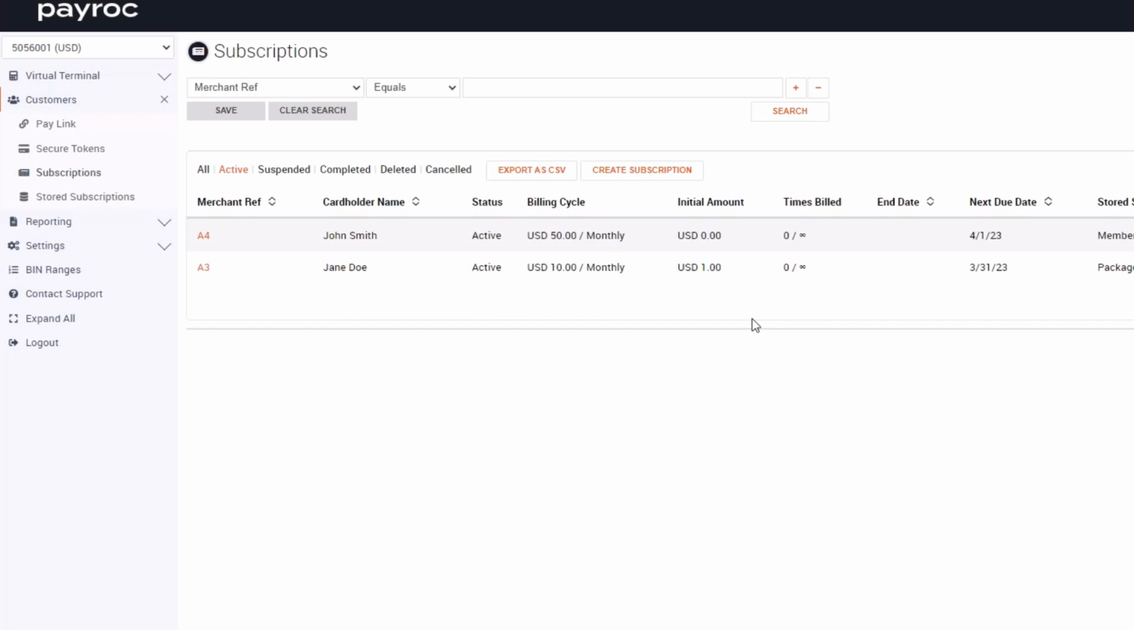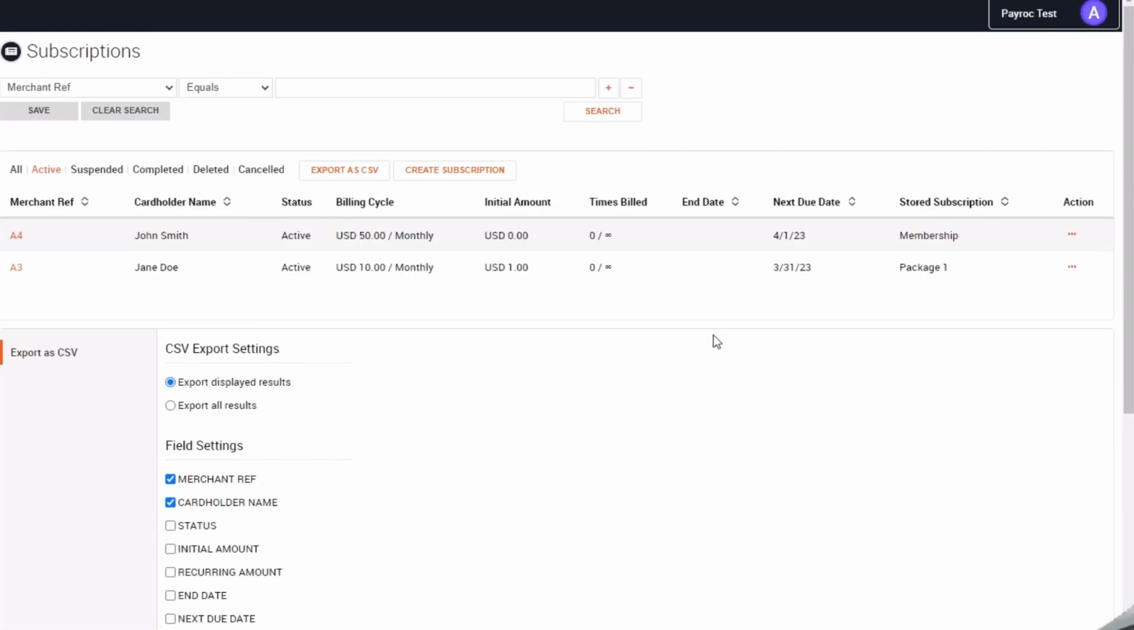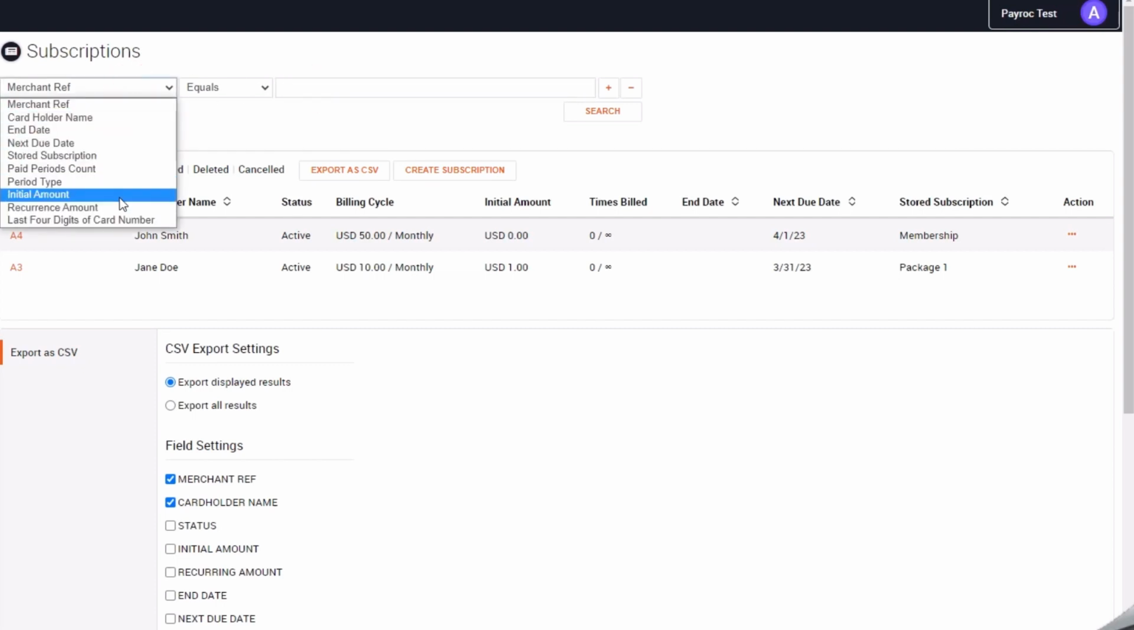Go back to the subscriptions page. If you would like to export the details of your subscriptions, you can simply click Export as CSV, choose the fields, and hit download. Additionally, you can search your subscriptions here at the top by any of the search criteria, such as next due date